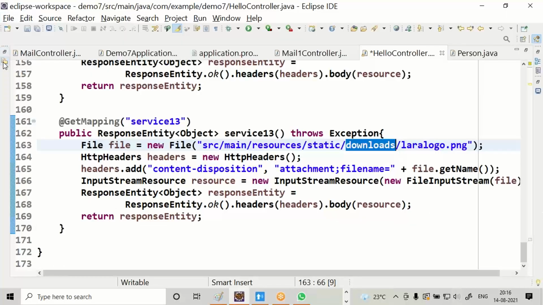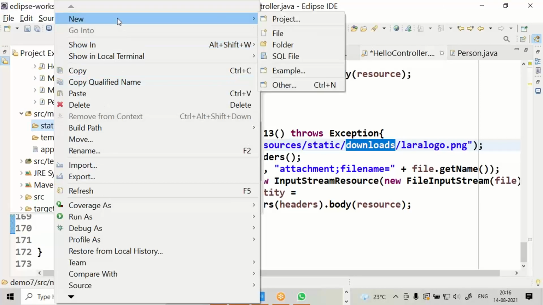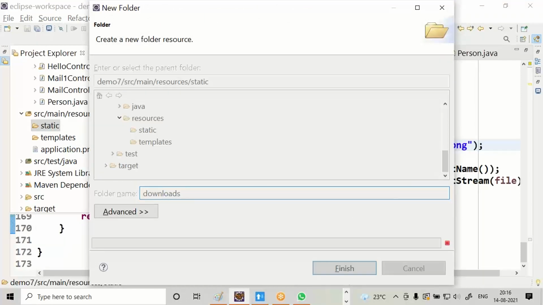Go to the static folder, everybody. Guys, you know very well. src, main, resources. Right click on the static folder, go to New, select a folder. You can create any folder name. I'm choosing downloads.